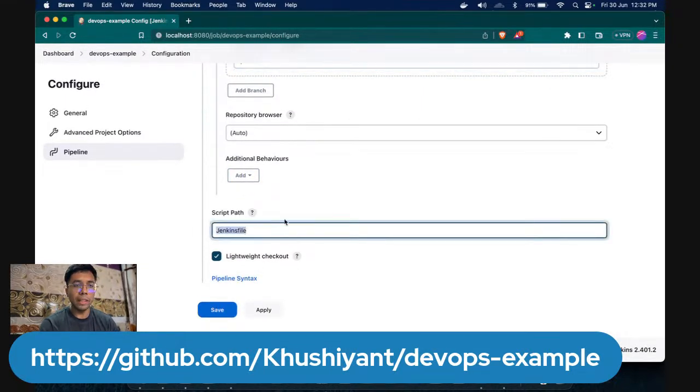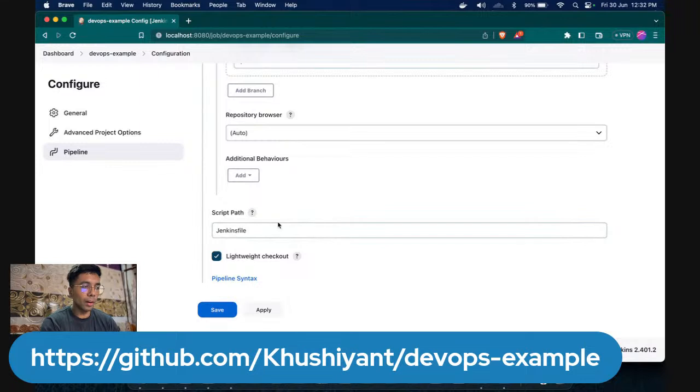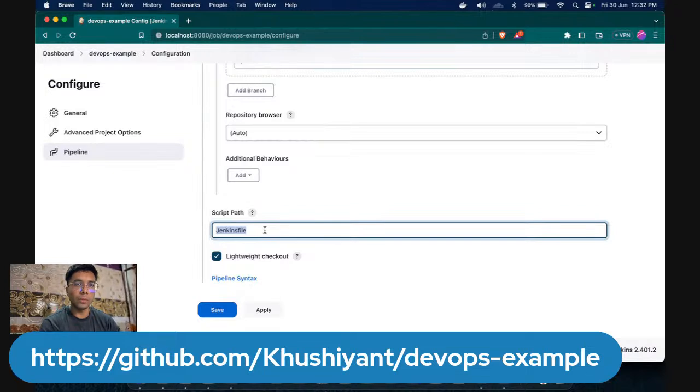The Jenkins file name, in most cases, will be the same. So I'll be moving forward with the default. But in case you want to change the name of your Jenkins file, or you have multiple Jenkins files, you can specify that here. Okay,